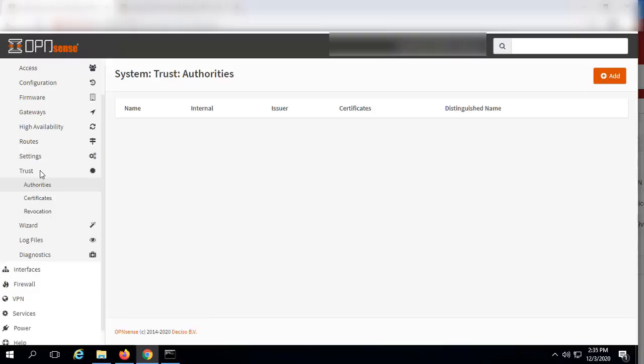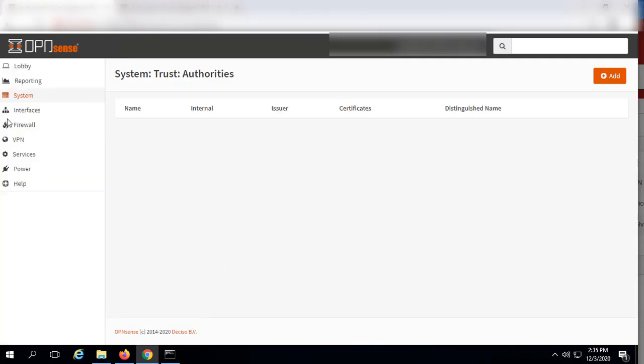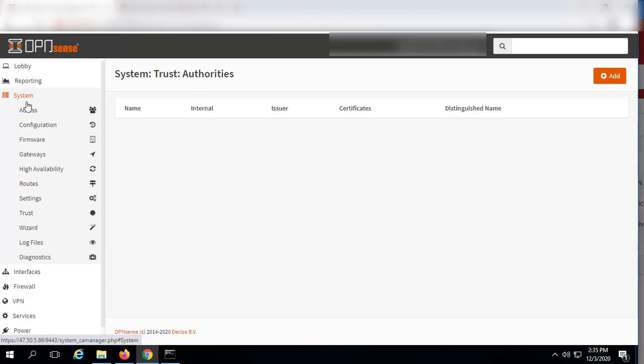So in this video I'm going to show you how to set up an OpenVPN server in OPNsense. So first of all, we have to log into the firewall, and then under the firewall we have to click on System, and then we have to click on Trust, and first we have to create